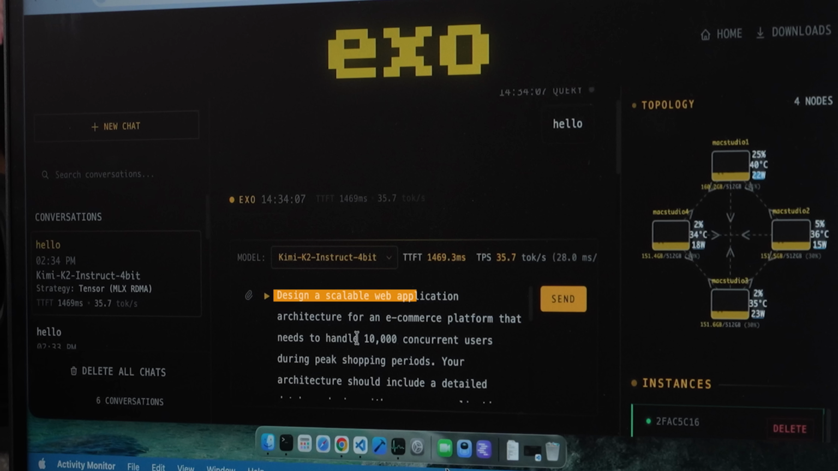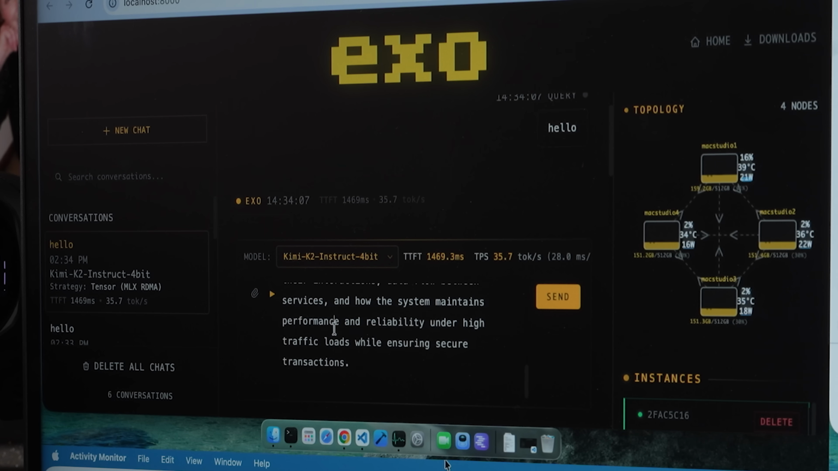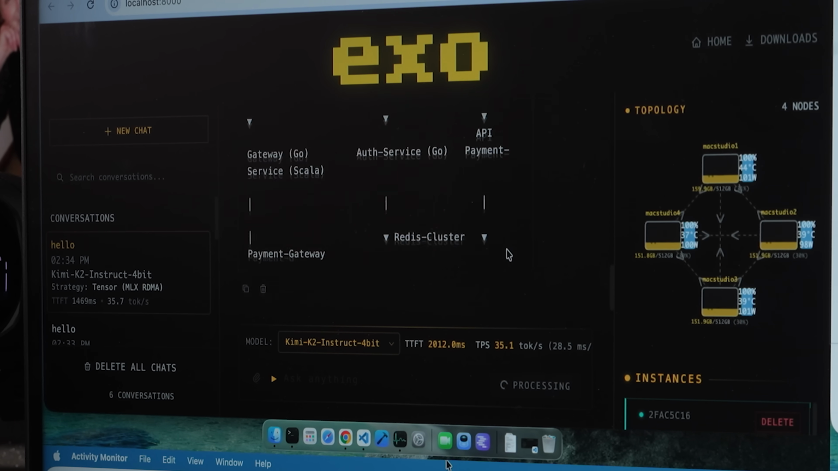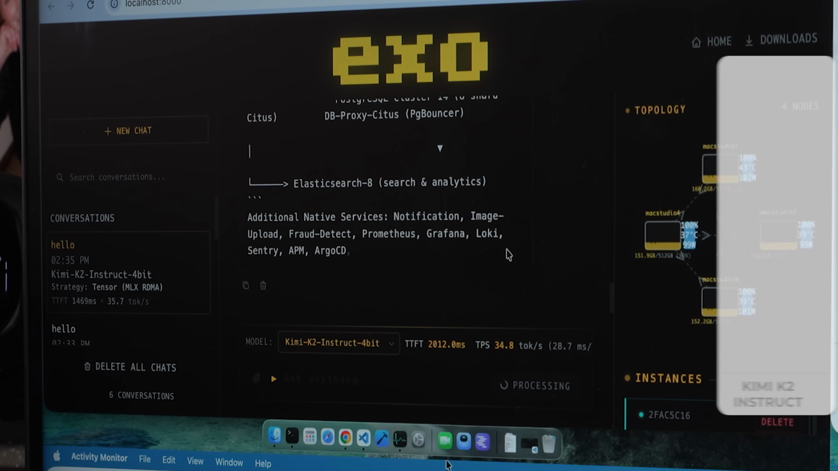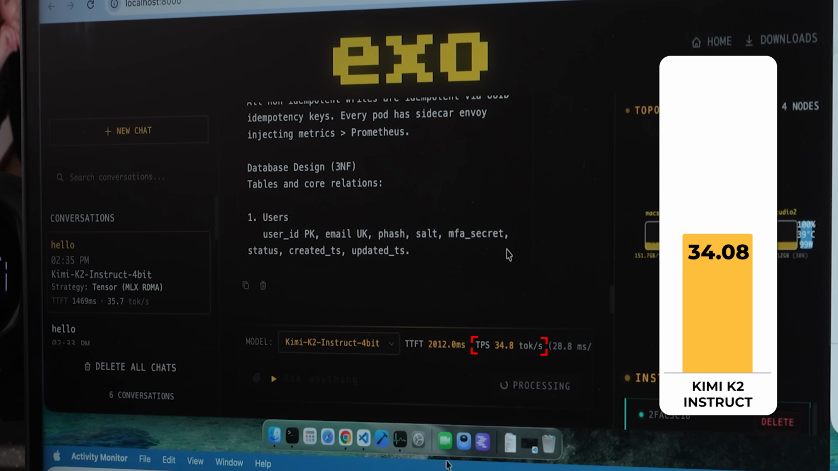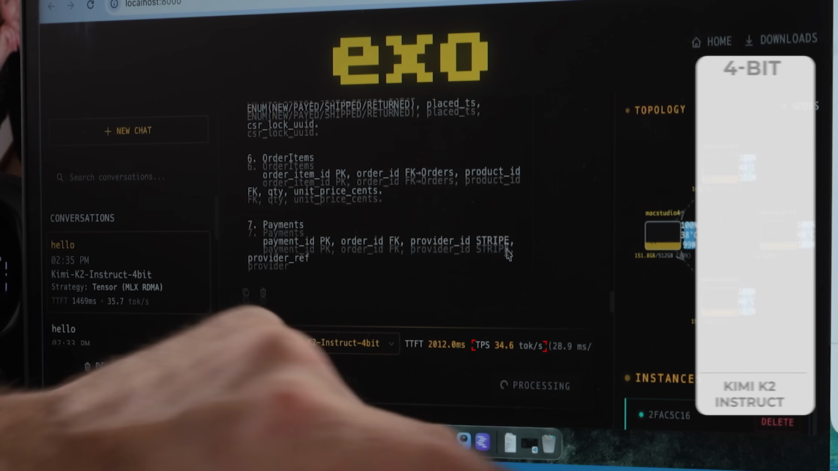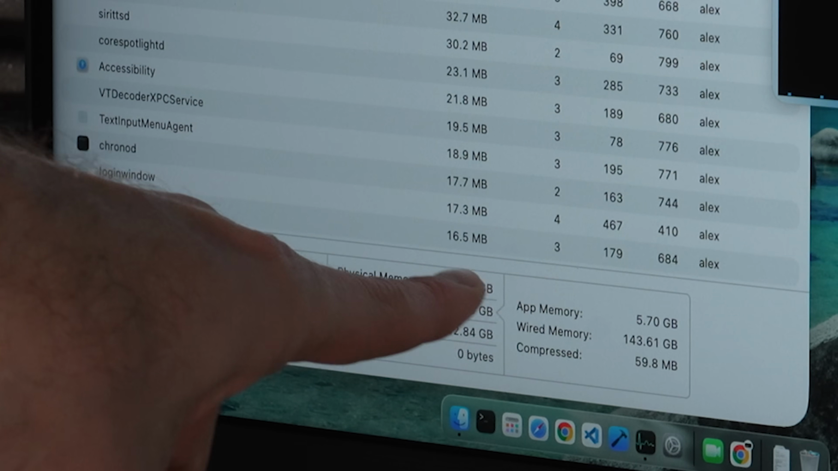Design a scalable web application architecture for an e-commerce platform. This one usually gives me a pretty long answer. It's a pretty decently sized prompt. Boom. And there it goes. It's designing the architecture. It's going pretty decently fast. Tokens per second right now is 34.8, and it actually adjusts the display on the fly for me. 34.6. You can see the memory has gone up just a tiny bit by a couple of gigabytes on each